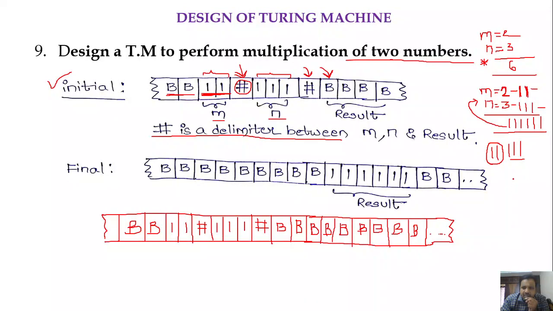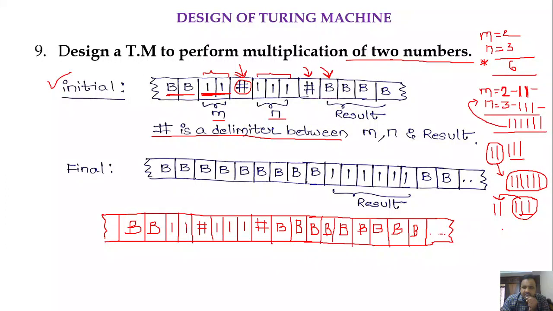Okay, so if you consider two ones are there in m, we have to represent the m value three times. So three times means what is the m that we are having? Two ones, so we have to represent these two ones three times. If we represent these two ones three times, it is going to give the multiplication result as 6. Another logic is that we can represent this 3, that is the n value, two times. If we represent this n value two times, again we will get a multiplication result, that is 6.